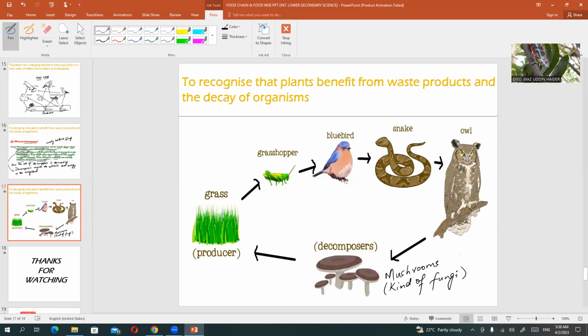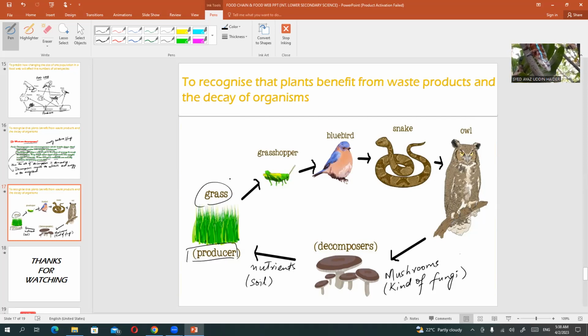In this way, they are providing nutrients to the producers. Besides getting energy from the sun, the producers also get nutrients from the soil, which is coming via decomposers. If you look at this food chain carefully, it's starting from the producer,